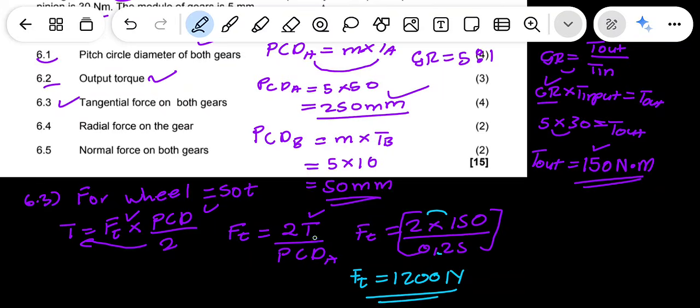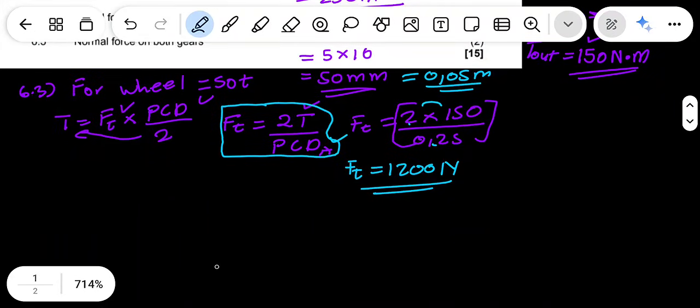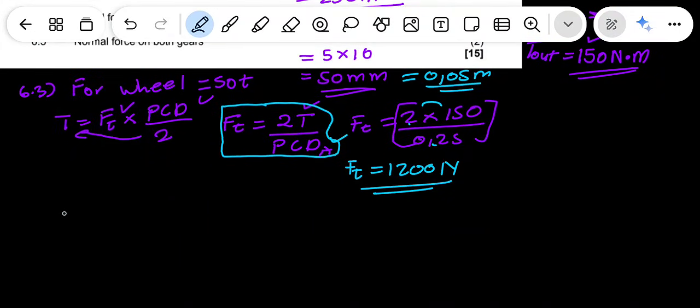Then let's find now, because we have used the PCD of A, now we'll use the PCD of B, which we know is 50. When we divide that, it will be 0.05 meter. Let's use that one. So the same equation already, now we've simplified the equation. The difference that we can change, we can only change what we will use here. We'll simply say for the pinion,